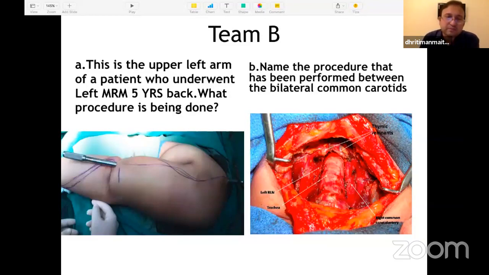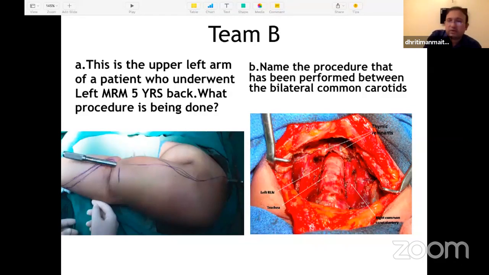In the first picture, we see that lymphedema is being treated by creating subcutaneous tunnels and putting in silastic tubes, which would drain the lymphedema fluid from the wrist to the scapular lymph node groups, and then it would drain through alternate pathways. And the second procedure is a total thyroidectomy with central compartment neck dissection, the boundaries of which are the bilateral common carotids. You can see that the thyroid is not there. Had you said total thyroidectomy, I would have given you. Anyway,